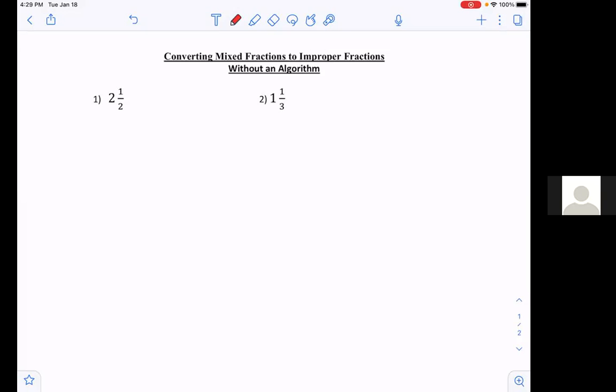Today we are going to focus on converting mixed fractions to improper fractions without an algorithm. Let's get started. 2 1/2